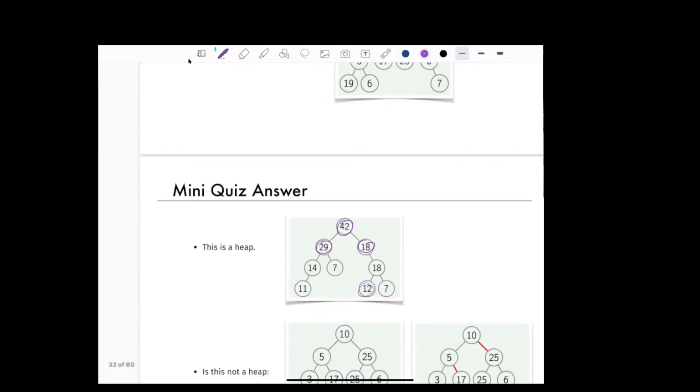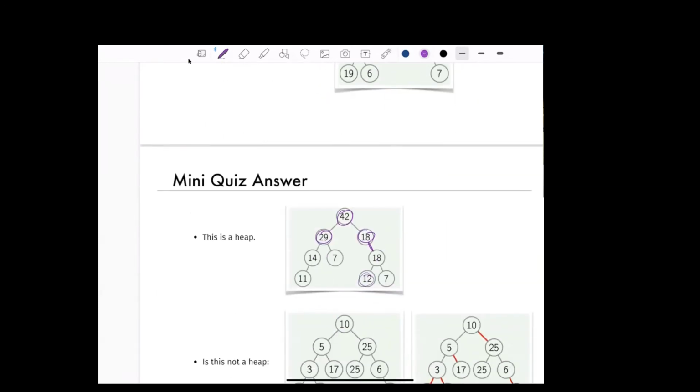So this 18, there's only one child of 18. It has to be either strictly smaller or equal to it. In this case, it's equal to it. For each node, it is true that its children are either strictly smaller or equal to it. In fact, in this example, except for the node that says 18, every child is strictly smaller than its